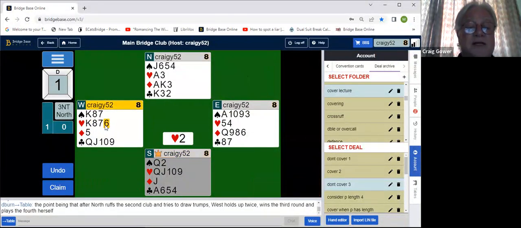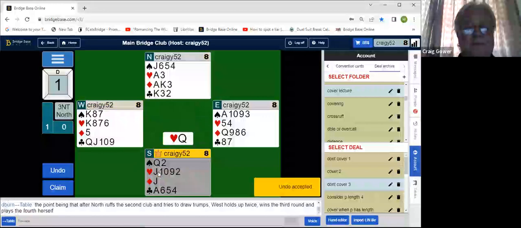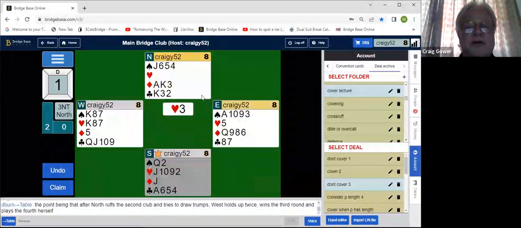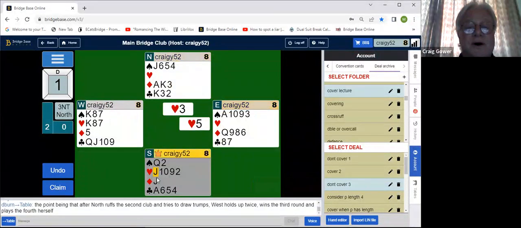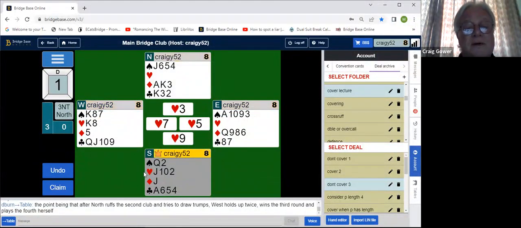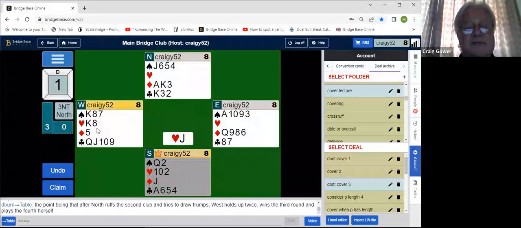I mean, you could lead the queen to try and induce a cover, but if you do that, then you've got to start unblocking your position like this and make sure that you clear the heart. You've got to hope there's not 5 against you, otherwise you've made a bad move. So they can duck it, doesn't matter, you just keep playing the suit. And as you can see here,